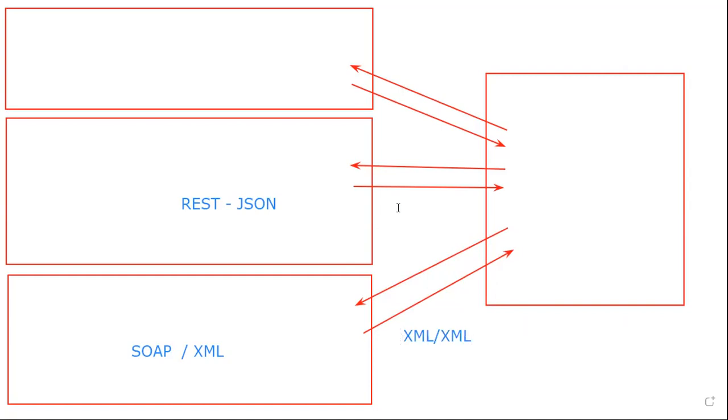And in REST, it is going to be JSON and JSON. This other one I don't remember. I'll find it out. I used it a few weeks back. Okay, so these are the two basic things. For JSON, it is straightforward. The REST API will tell us this should be the JSON input format and this will be the output JSON format.